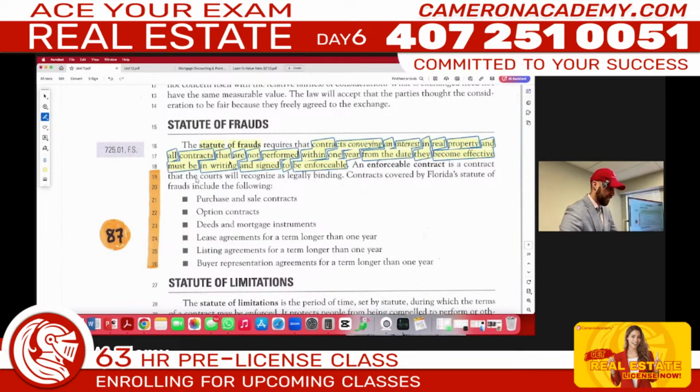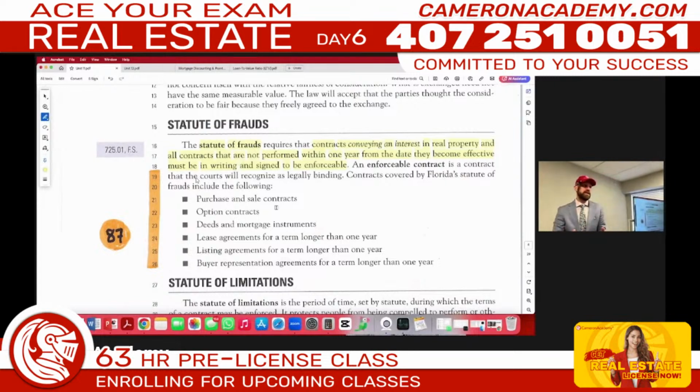Purchase and sale contracts have to have this requirement. So you can't have a verbal purchase and sale agreement between seller and buyer. And if something goes wrong, take them to court. The courts will not recognize that verbal agreement. I'm not telling you that verbal agreements are invalid. I'm just telling you, if you try to use a verbal agreement for what we see on this list, too bad, so sad. Like option contracts, we'll come back to this. Deeds and mortgages, can't have verbal. Lease,